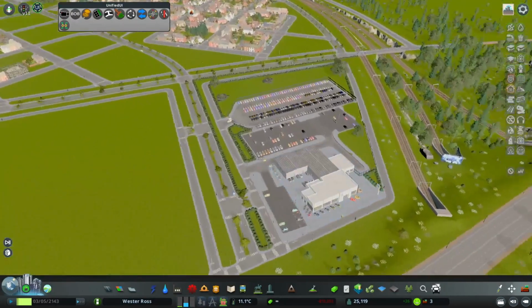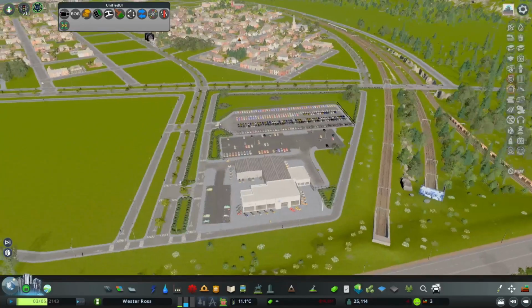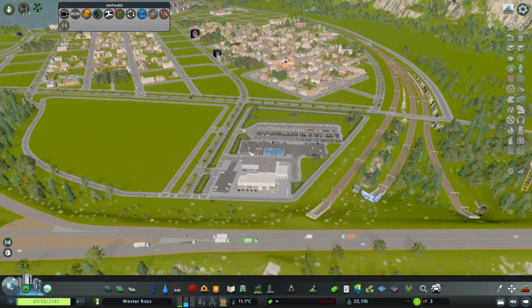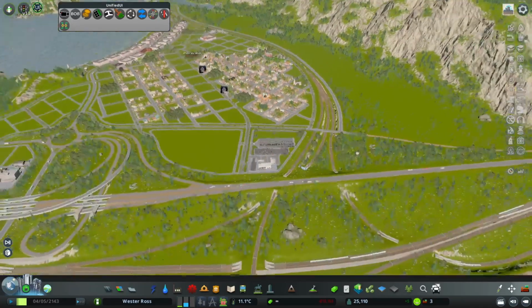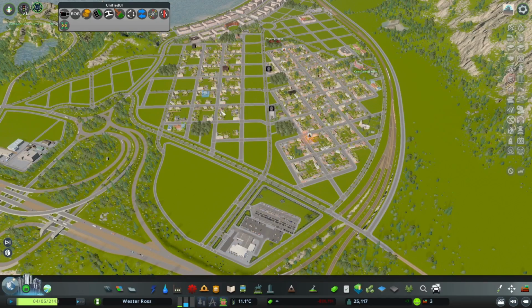So as you see, we have our first massive retailer. 56 workers, that's quite a lot, so we're gonna try to add more workers to actually get there. And one of the options is adding more density to this part. So we have this neighborhood. I mean, in my mind, that's like one massive neighborhood